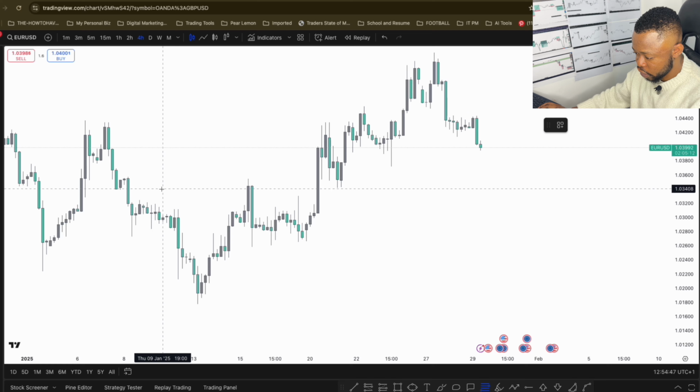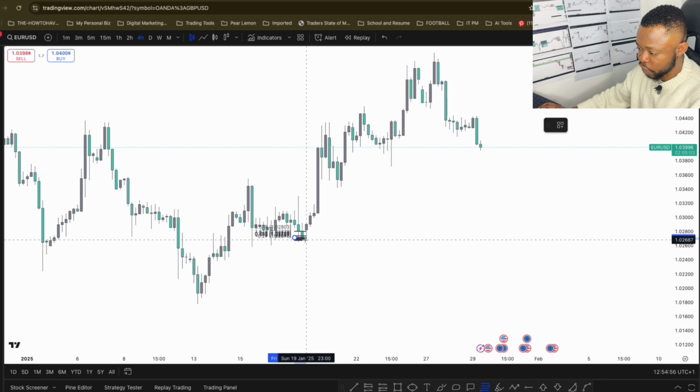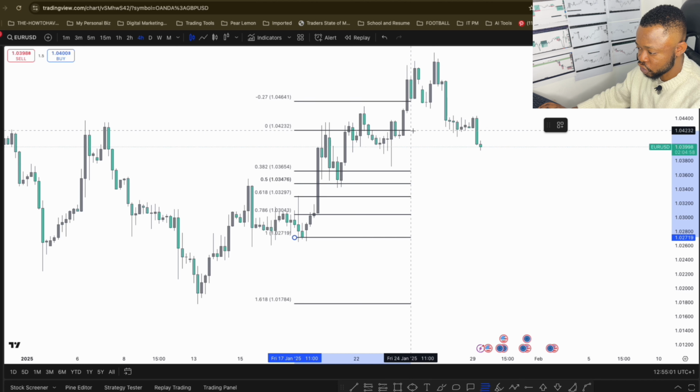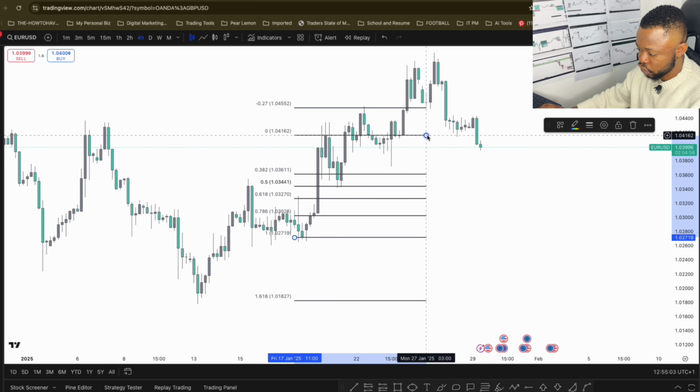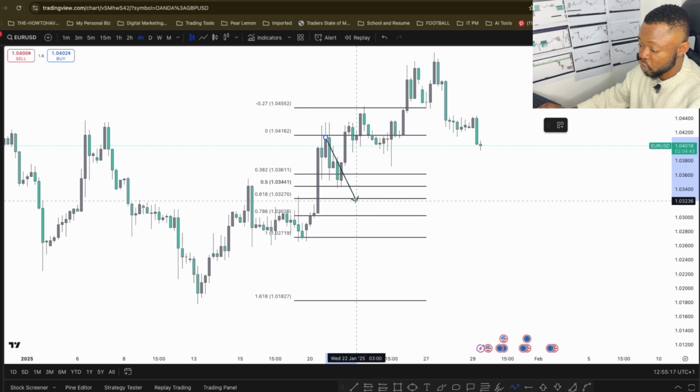So we have an area here. You can see price just pulled out and went all the way up here. So you use your Fib retracement tool. You measure from the last bit where price stopped to the top of where price decided to stop and take a breather. So you see price decided to come a bit down to the 38 retracement and to the 50 retracement. The lower price is able to get on the retracement, the more valid or viable that area is for you to go long.